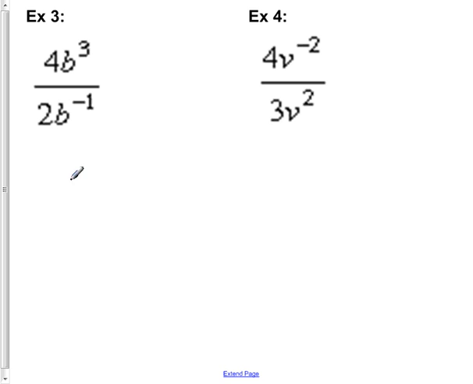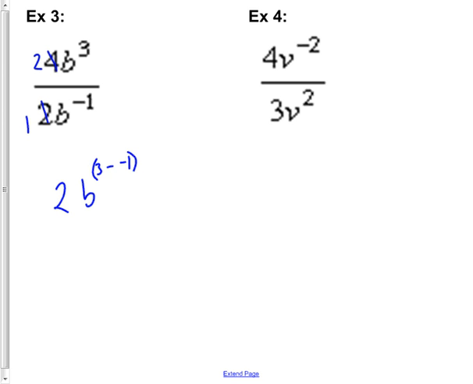So for example number 3, now here, just like in the product of powers worksheet, we have numbers that we can actually work with because their exponents are 1. So right away I'm going to think, okay, I can simplify 4 over 2 to be a 2 over 1. So I'm going to be left with a 2 on the top, and then I'm going to say b to the 3rd